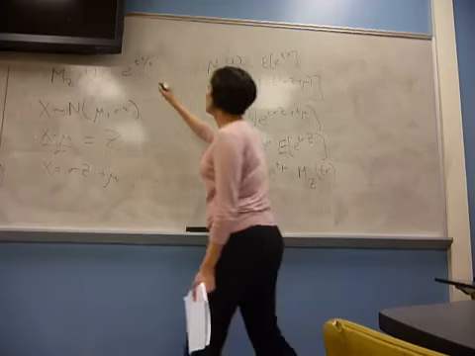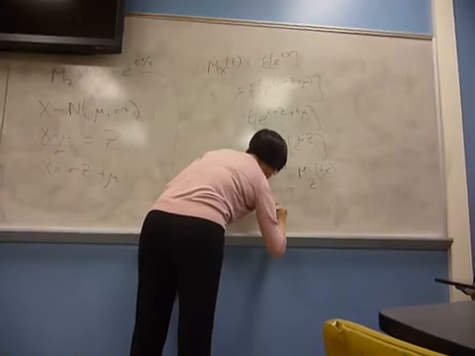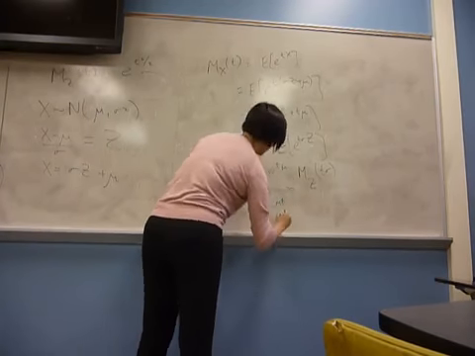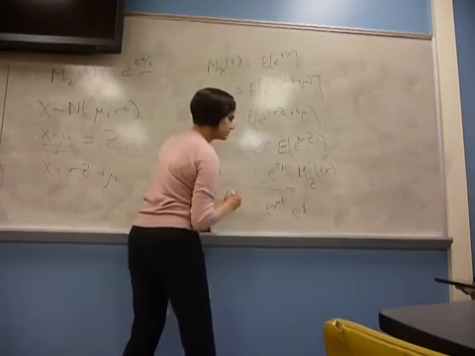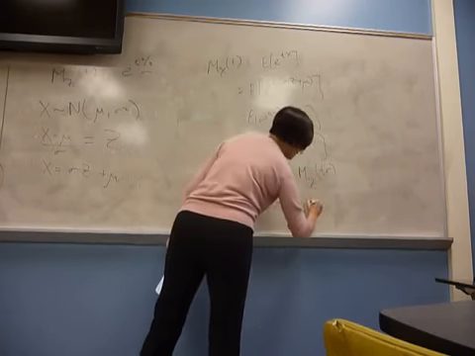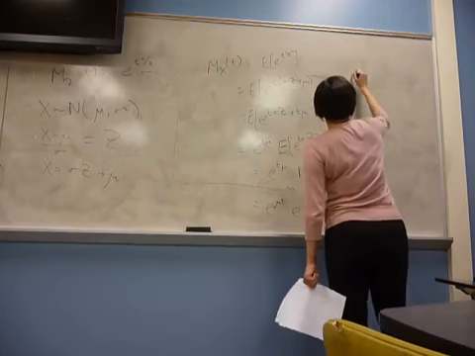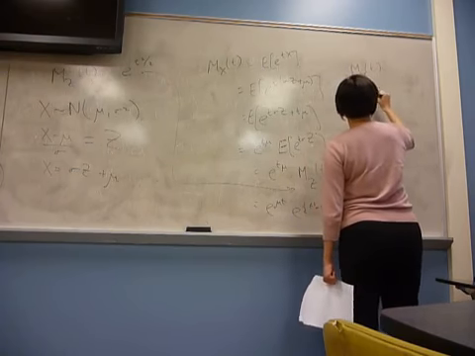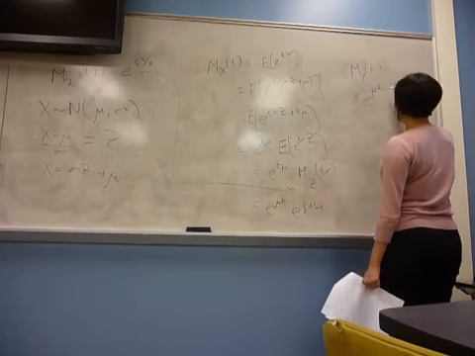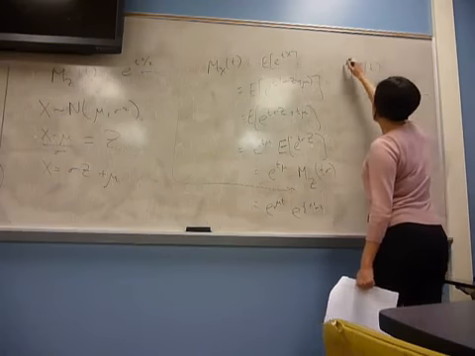So now let me use the thing that I've derived, and I get e to the mu times t times e to the 1/2 times this thing squared, which is t squared sigma squared. So this tells us the moment generating function for a normal distribution is e to the mu times t, the mean times t, plus 1/2 the variance times t squared.